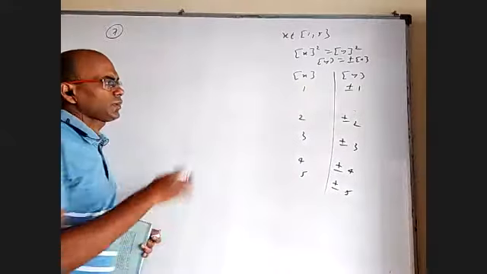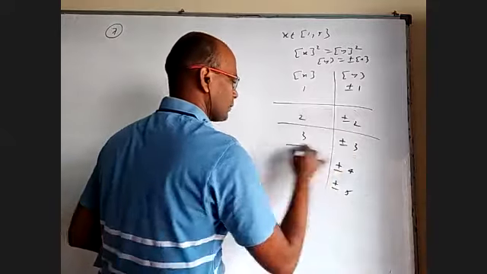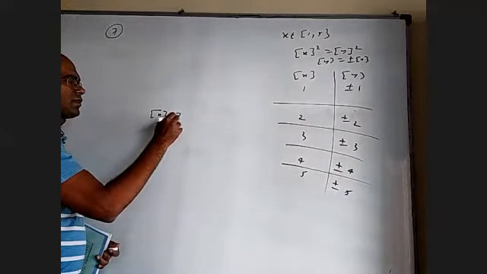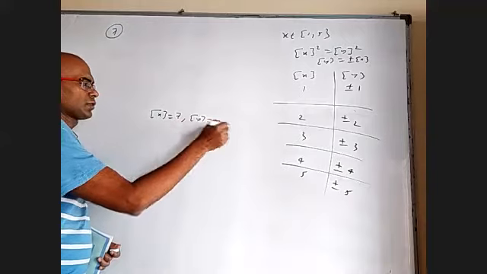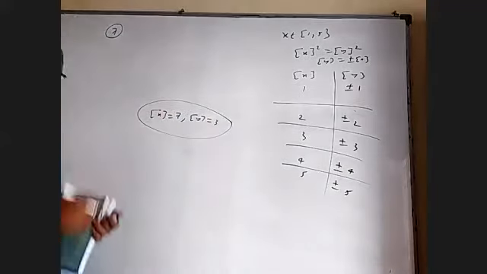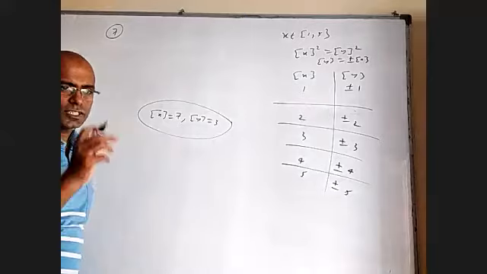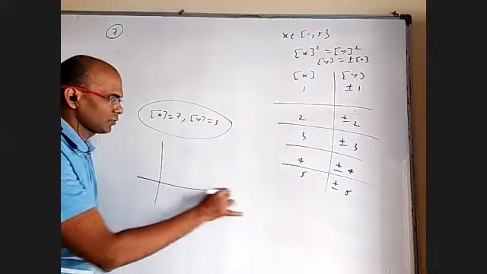Okay. Apart from this table, if somebody asks you integer part of x is 7 and integer part of y equals 3, where is the region satisfying this? Integer part of x is 7, integer part of y is 3. It is actually a square. Let us see what is that.